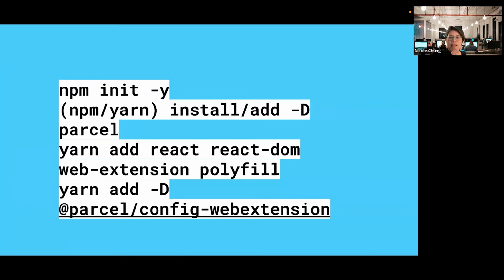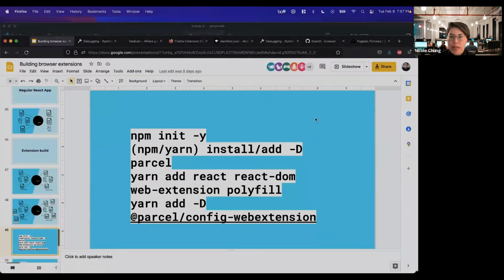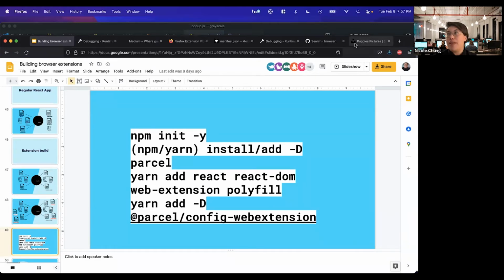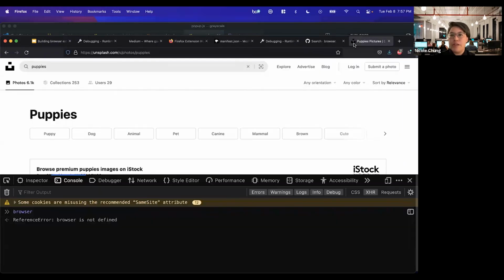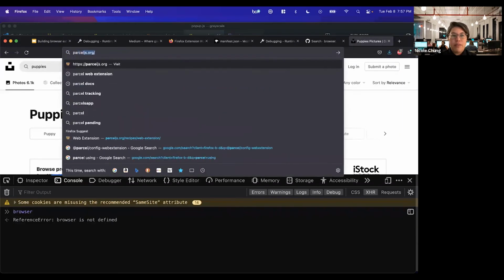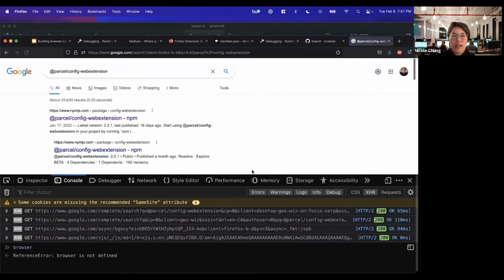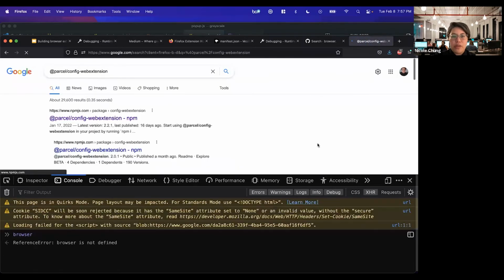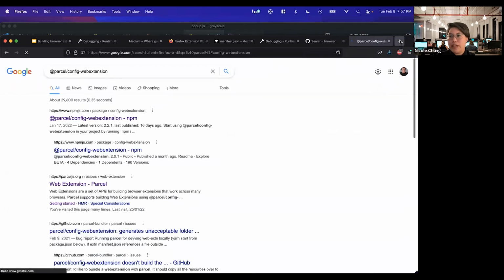Initially I was going to walk through how to do all this, and then I did a dry run with friends, and they said, don't make people do this from scratch. So that's why we have the repo. But I just want to explain there are different ways. I thought at first you could only do this in Parcel. So there is the Parcel web extension, which I guess is getting shared in the chat. For Parcel, you want to use config web extension. And then for people who really like using Vite,